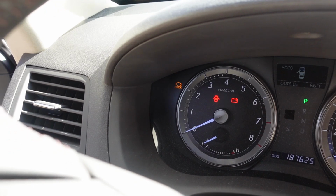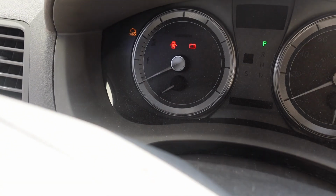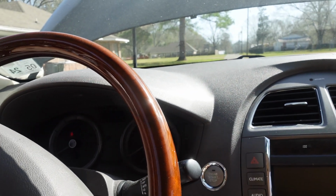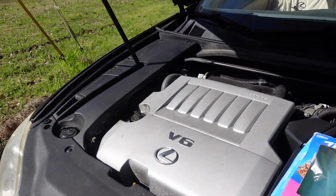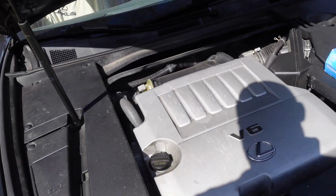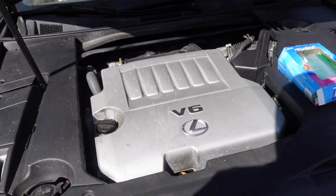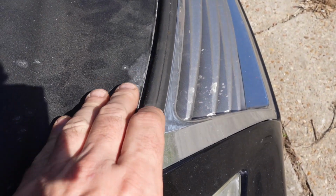The tach signal is working. But we have absolutely zero compression. I mean, it's turning over as if it has absolutely no spark plugs in it. So, as we expected, my guess is that the rings are completely cooked out of it. Because she got hot. And then the other thing I'm starting to notice is, let's see if I can get out of the way, we've got this